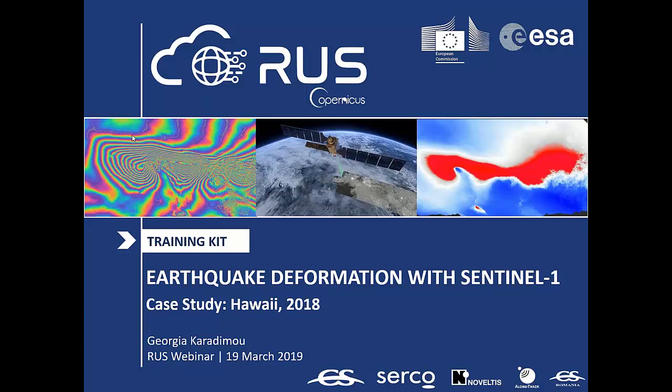We will employ RUS to learn how to process Sentinel-1 SLC data to obtain the deformation caused by earthquakes using the InSAR technique, and afterwards we will combine these results with geological data. I will show you how to access the RUS service and how to download and process the free data acquired